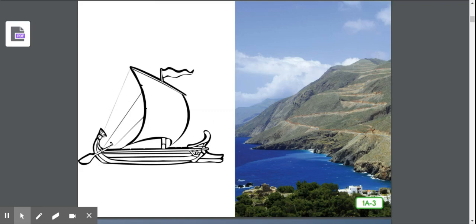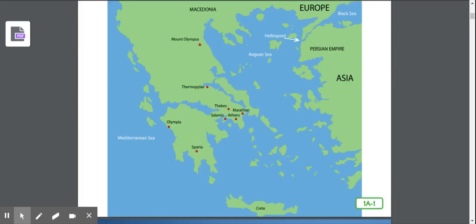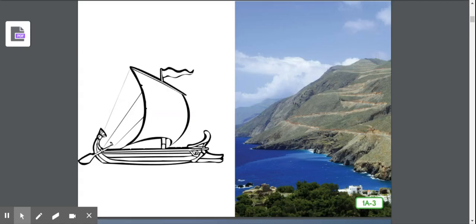Because they were surrounded by water, the ancient Greeks on the island of Crete became especially skilled seafarers, a name for people such as fishermen and sailors who earned a living working on the sea. So right down here is the island Crete, and one of their main jobs was being these people called seafarers, or people who made a living or money off the sea.